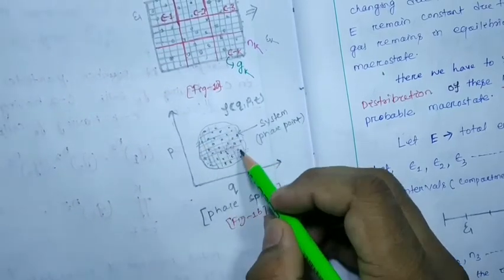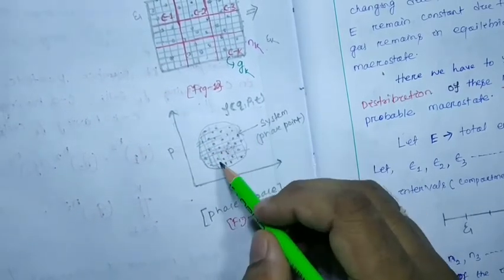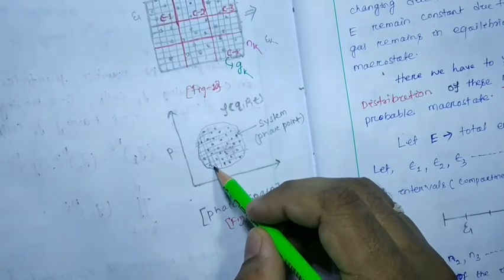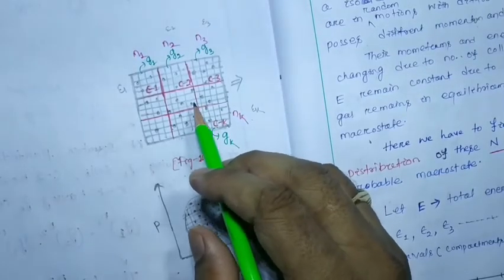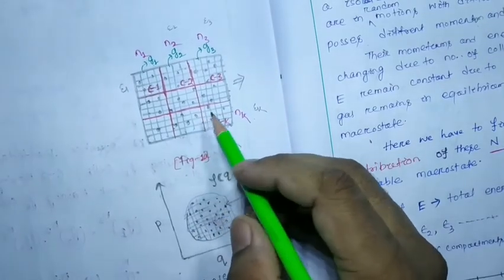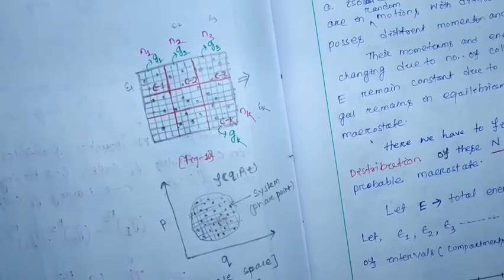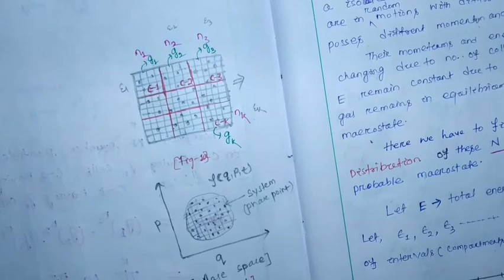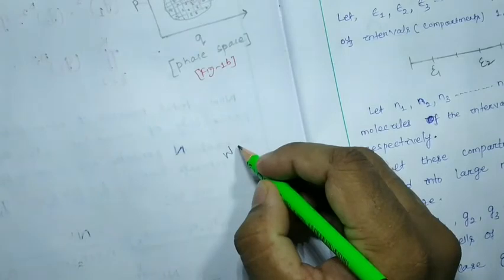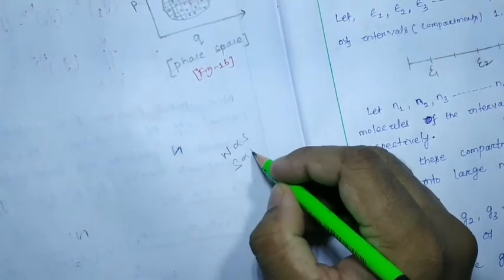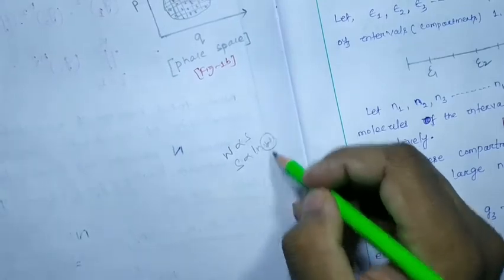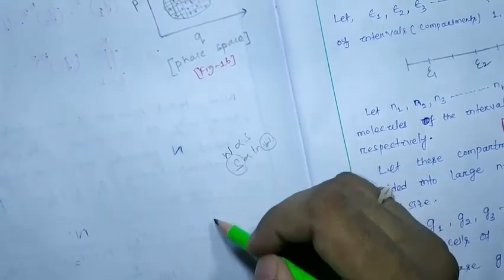All the phase space is further divided into elementary cells. In our classical statistics, the number of microstates is an important parameter to derive other physical quantities, because S is proportional to ln omega, the thermodynamic probability. So if we know the thermodynamic probability, we can easily find the entropy S, and from entropy many thermodynamical parameters can also be derived.